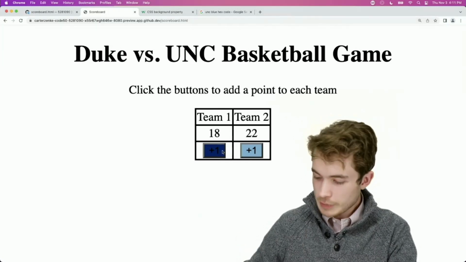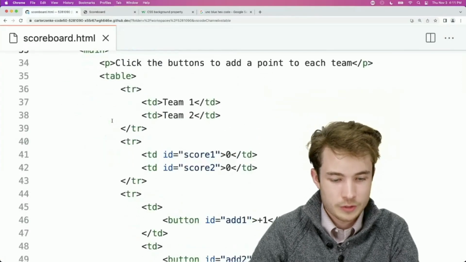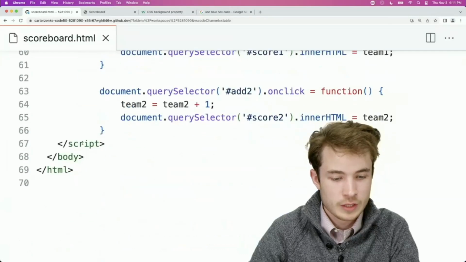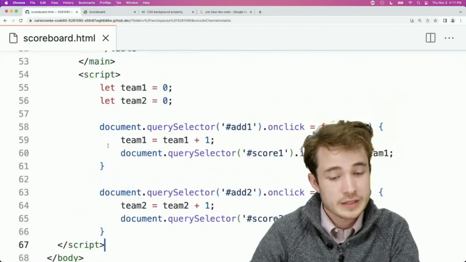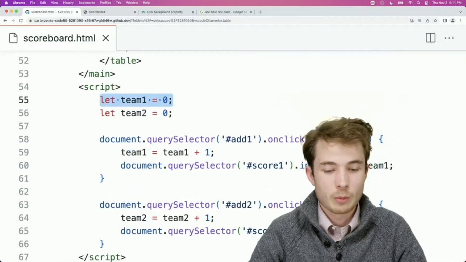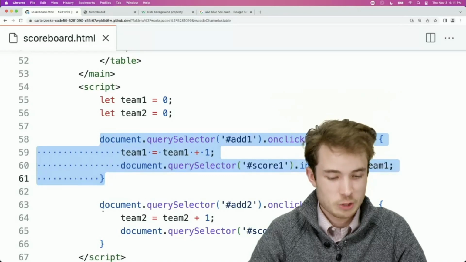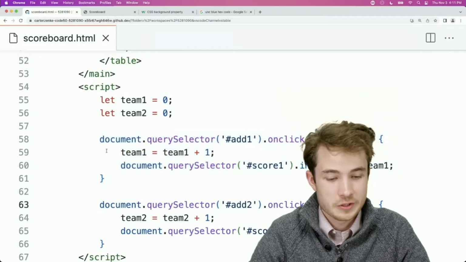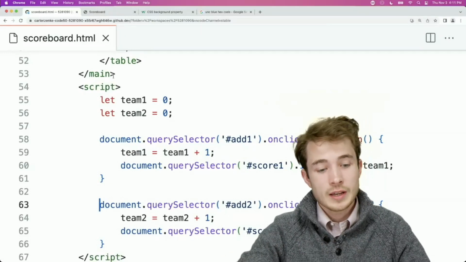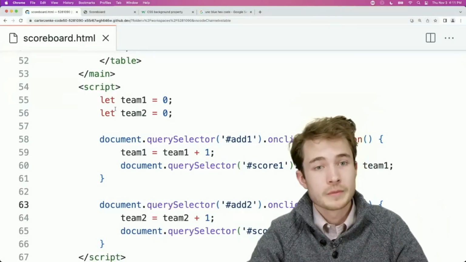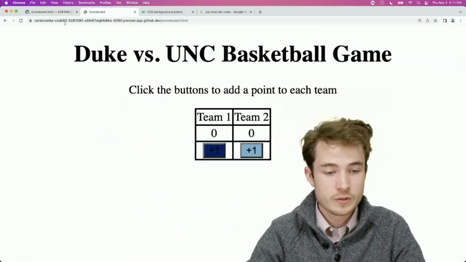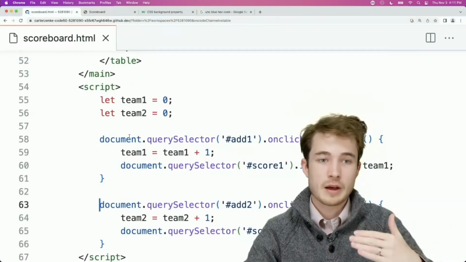Well, if I look at my page, I'll go down below and I'll see that I have this script tag here, opening tag for script and closing tag for script. And inside of this, I have some variables and a lot of text over here that might not make much sense to us at first. And this is an example of JavaScript. So JavaScript is now embedded in our page, and this text will run top to bottom whenever our web page is loaded. So at the time that I refresh this page, this script runs from top to bottom,